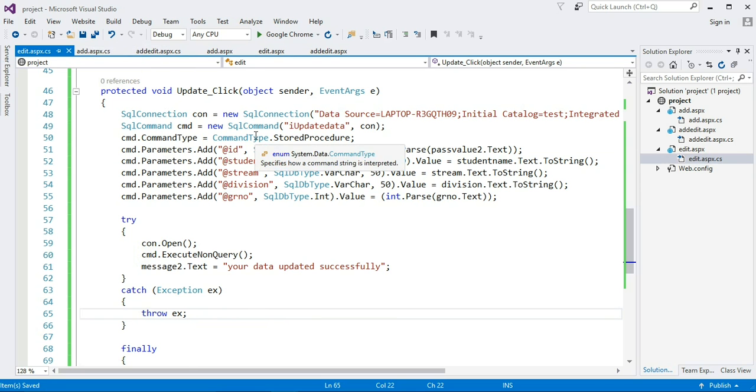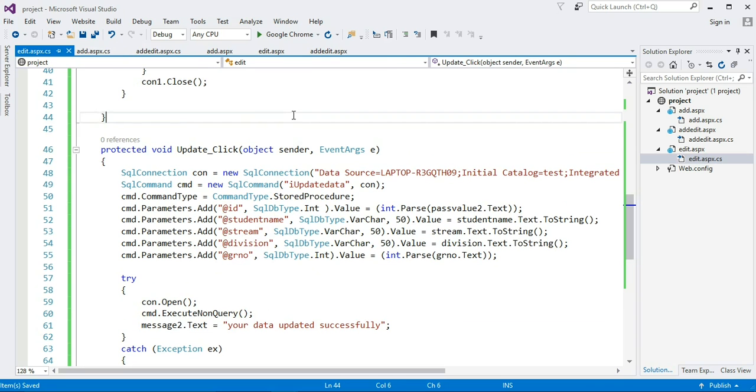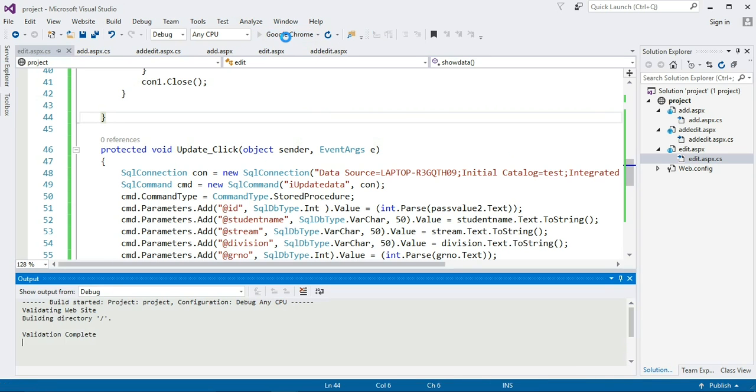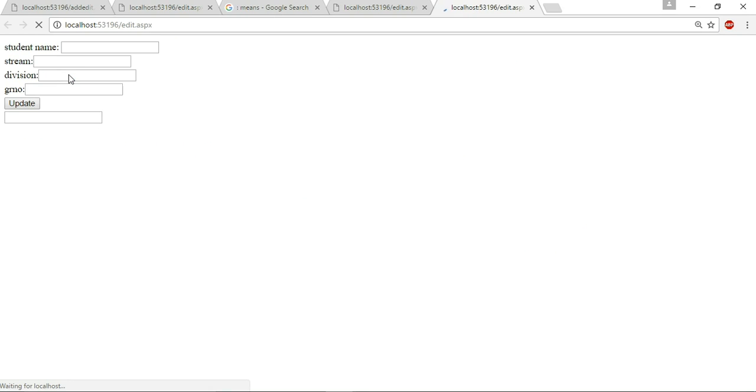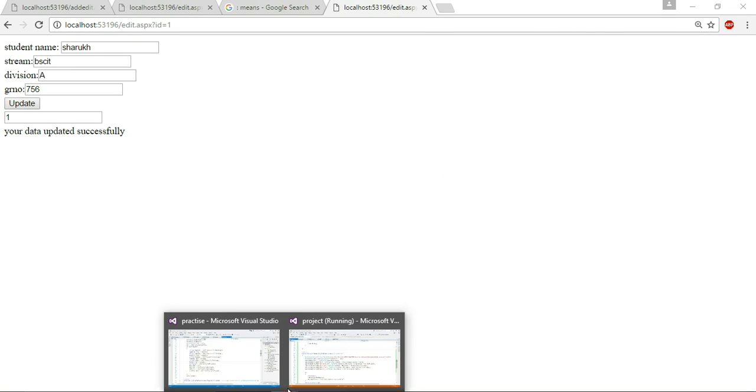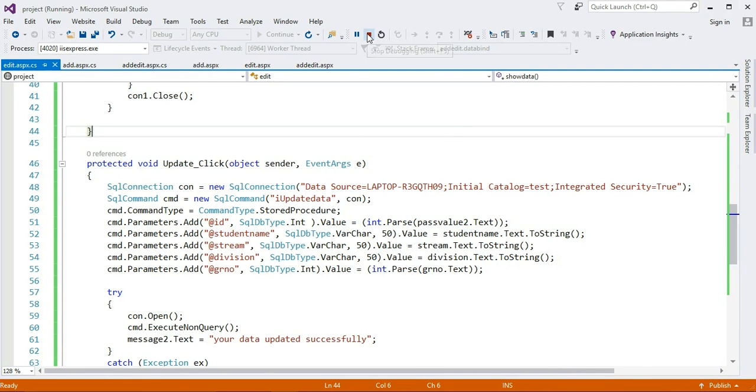Okay, after saving it, let's see whether it's working or not. Is our update procedure working or not? Debug it. Click on debugging. Sorry, I am debugging it on the edit page. Sorry for that. Stop debugging.